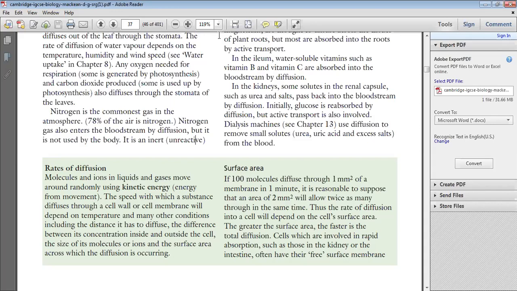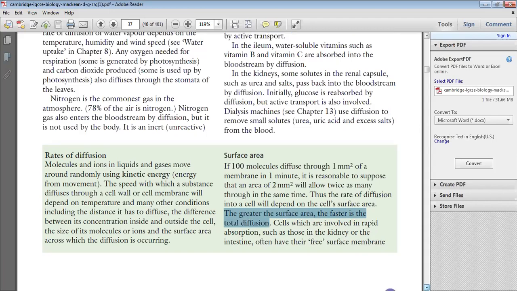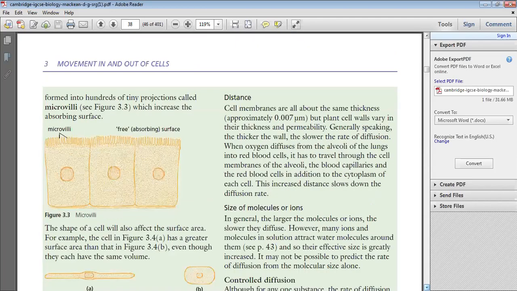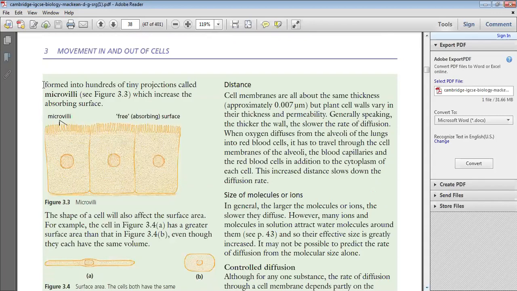Cells which are involved in rapid absorption, such as... Please, just wait a minute. Okay, like this: the greater the surface area, the faster is diffusion. At the same point as I have told in my previous slides, more surface area means more diffusion. Write down that thing. Cells which are involved in rapid absorption, such as those in the kidney or the intestine, often have their free surface membrane formed into hundreds of tiny projections called microvilli, which increase the